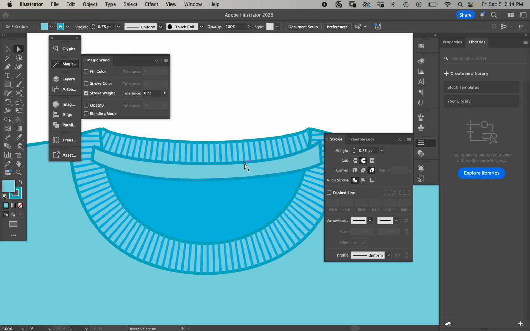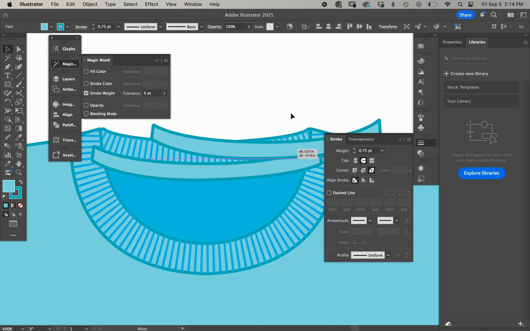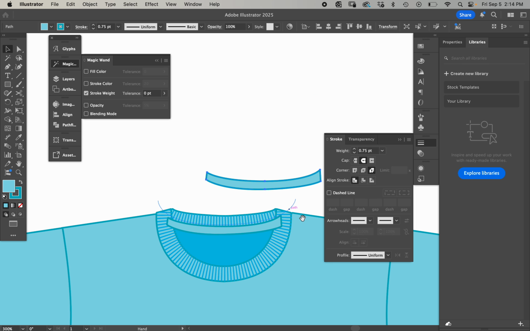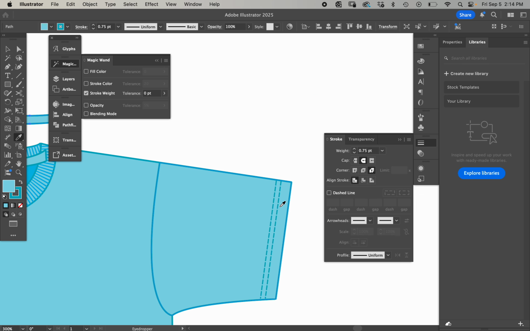Next, we're going to add some stitching. I'm going to go in here. I like to do this by subtracting, so I'll teach you a little method of that. I'm going to hit my black arrow tool and select the shape that we just made. I'm going to copy and paste it. Then I'm going to zoom out and hit I